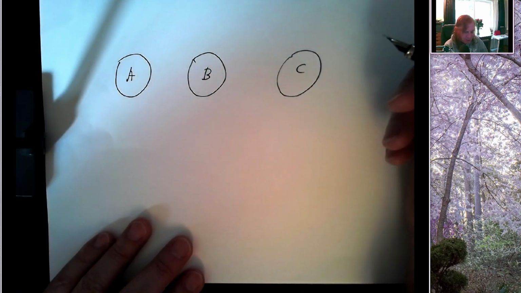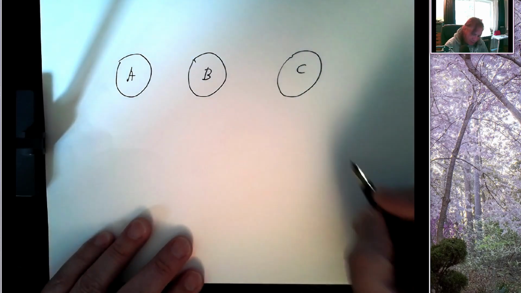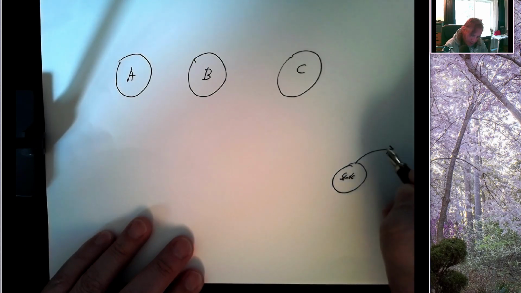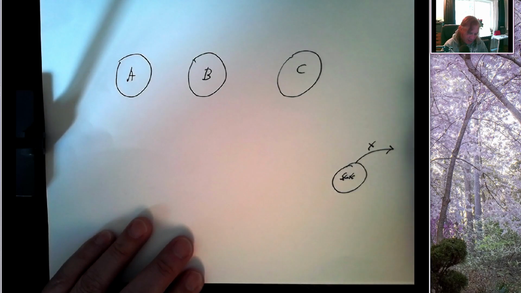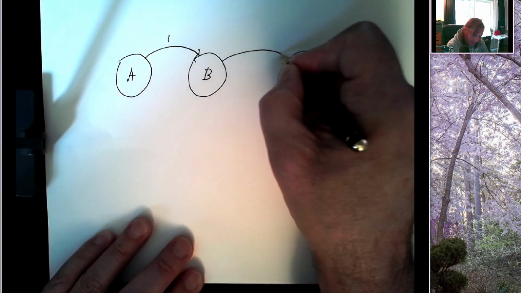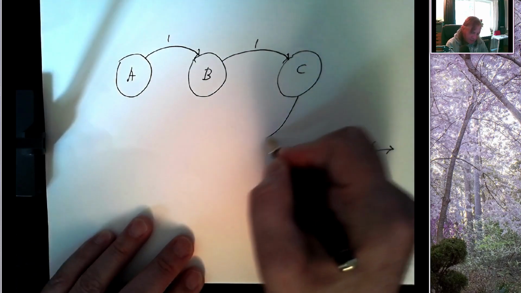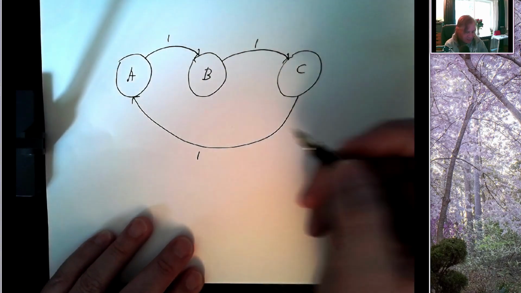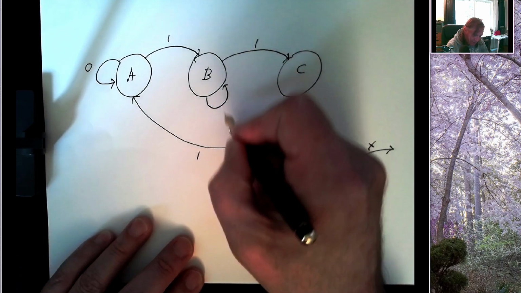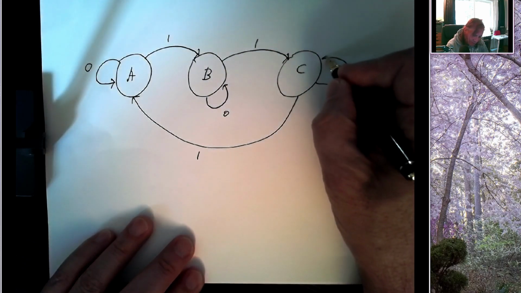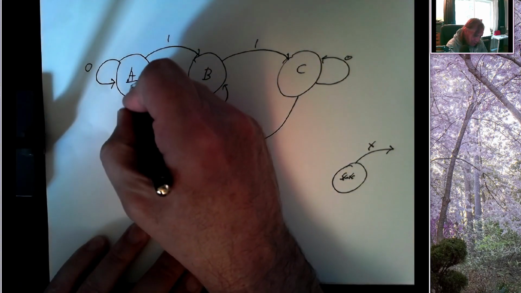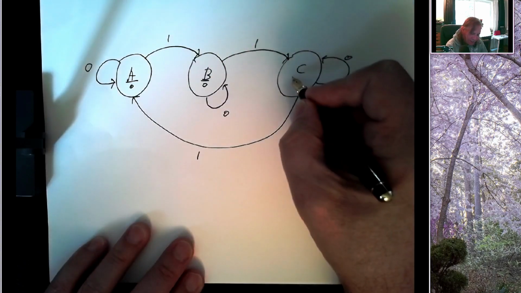And let's set up our state transitions so that we have a single input, and if the input is a 1, we will move from one state to the next, and when we get to state C, we'll come back to the beginning. And if our input is a 0, we'll stay in whatever our current state is. And let's just have a Moore machine, so we'll make our output 0 in states A and B and 1